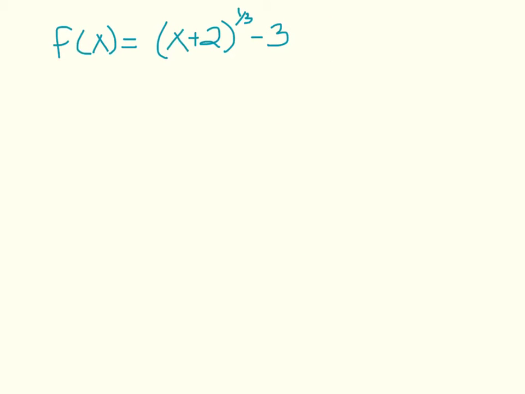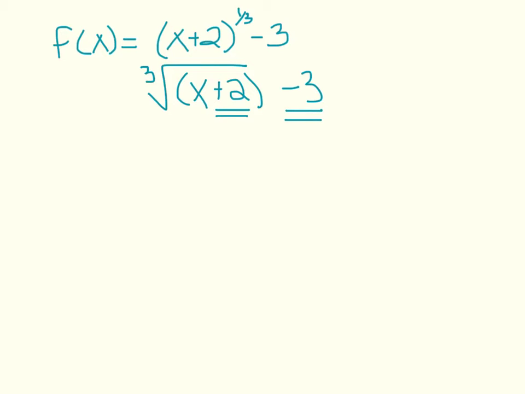Okay, next example is f of x equals, in parentheses, x plus 2, all raised to the 1/3 power, and then minus 3. And now, as you know, that 1/3 power means the exact same thing as cubed root of x plus 2 minus 3. So that's the same parent function. I just wrote it a different way just to see if you could recognize it. And then we have plus 2 inside, so that means we're going to go left 2 units. And we have a minus 3 on the outside, so that means we're going to shift it down 3 units. And it'll look like this,